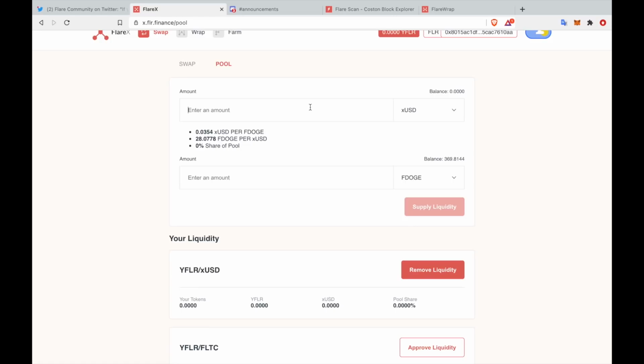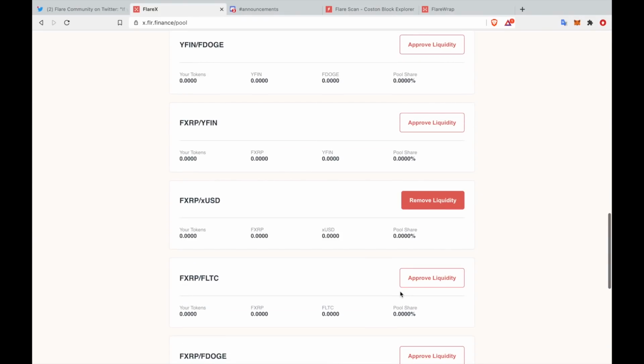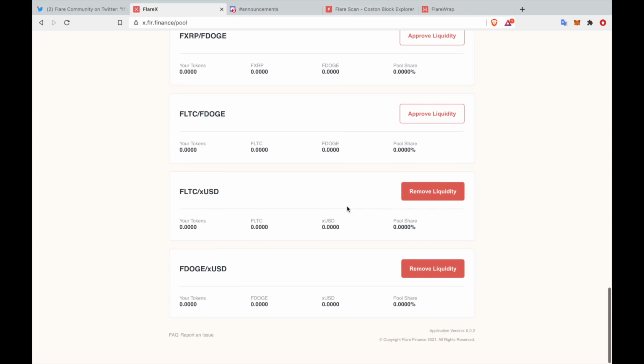When you stake in this particular pool or any pool, you will need to supply equal amounts of each asset. So for example, if I was to try and provide liquidity for 100 US dollars, this amount corresponds to this amount. So 2,816 F Doge will cost you $100. If you had the correct balance, obviously I don't right now, but you could click this and that would then provide the liquidity. The next thing you would have to do is to go to the relevant pairing,